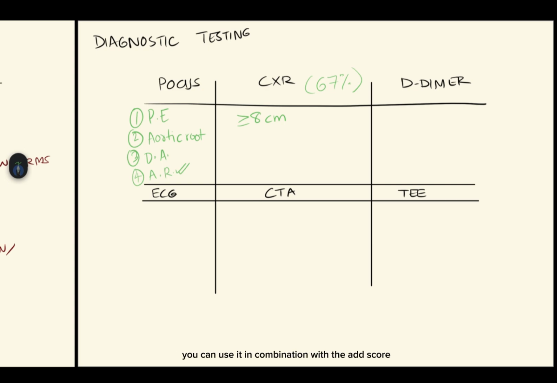You can use it in combination with the ADD score, and that helps a physician rule out a dissection confidently. There are other biomarkers that are getting investigated like myosin, fibrillin, but none of them currently have sufficient sensitivity to